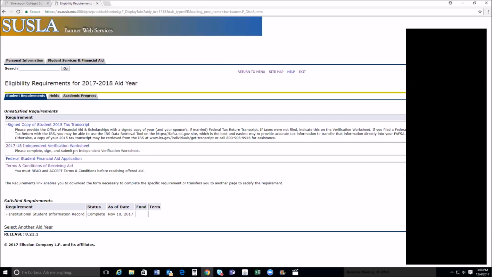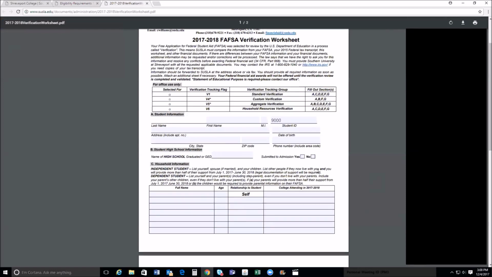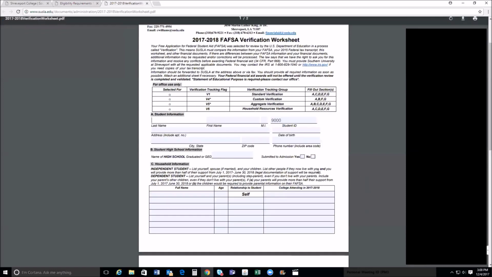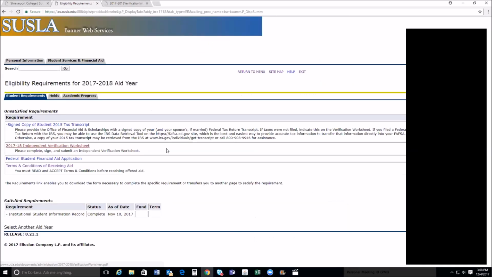or you can click on our website. You can also click here, and it should pull it up as well, and you can see it and fill it out here and print it out or scan it and email it to us as well. So it gives you access to the worksheet that you need in here as well. Also, this student is needing to